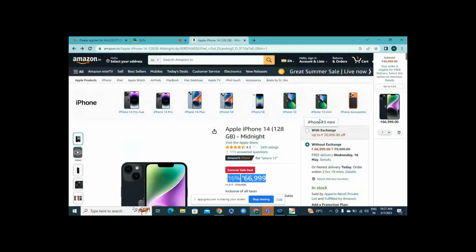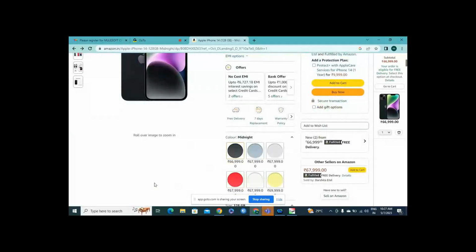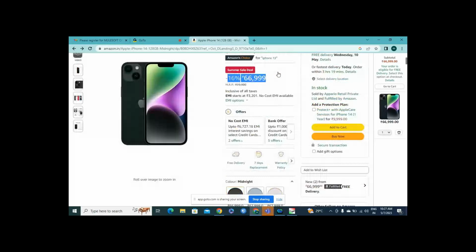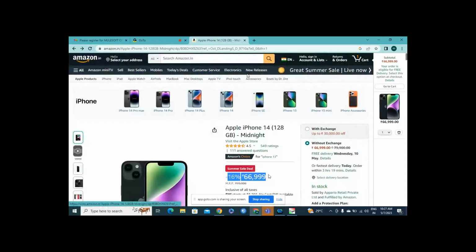But I have taken Amazon because we shop on Amazon nearly every week, and we are habituated to it. So I will explain using a diagram.